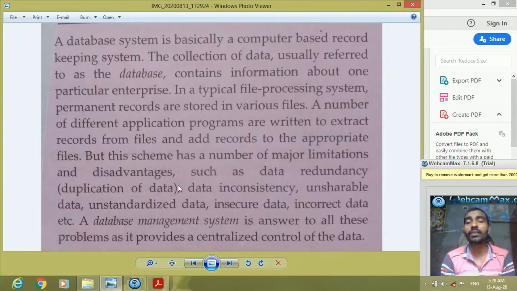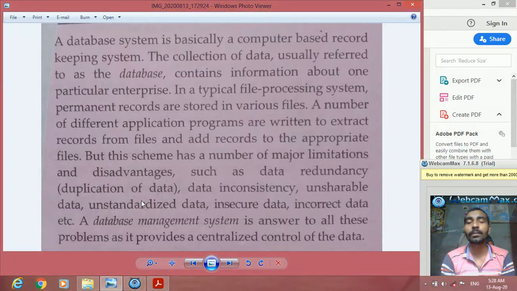These are the different problems that can occur when you use numerous application programs to extract your data. But when you use a particular database software like an RDBMS, MySQL or MS Access, it becomes secure. It provides a lot of advantages.